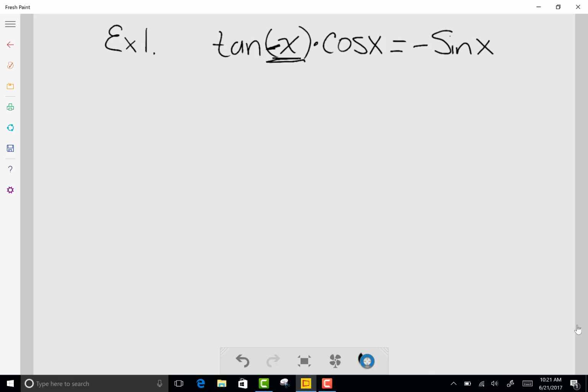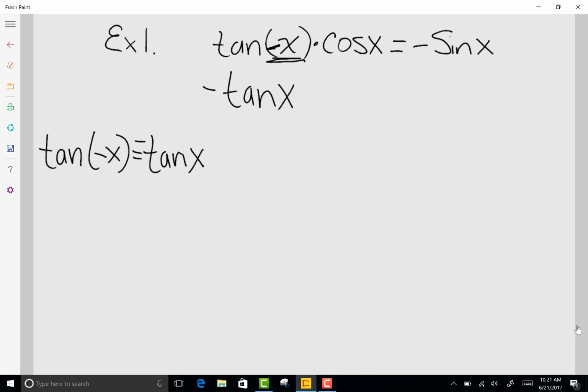identity. And with the even and odd properties, recall that all trig functions, with the exception of cosine and secant, are odd functions. And that tells me that tangent of negative x is equal to negative tangent x. Cosine and secant are even functions, but all other trig functions are odd. So I'm going to replace tangent of negative x with negative tangent x, and I still have to multiply that and bring down my cosine x, and I'm trying to show that the left-hand side is equivalent to negative sine